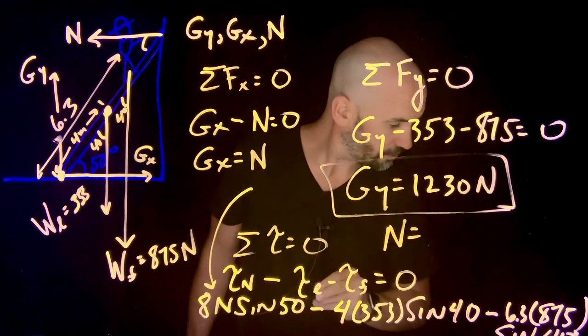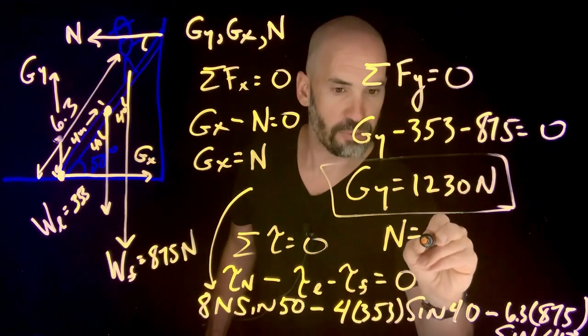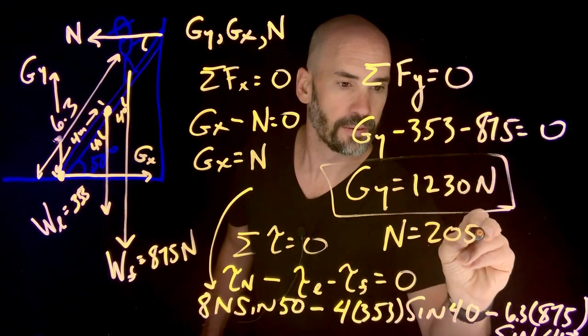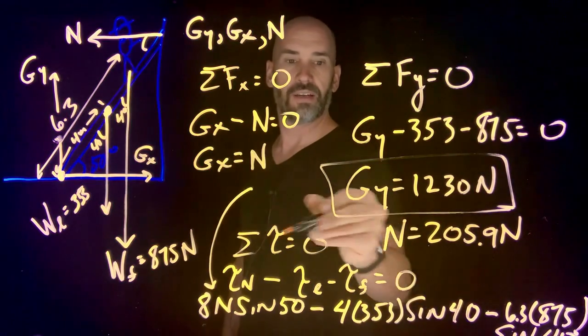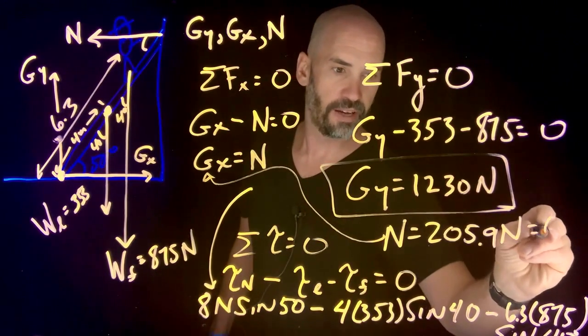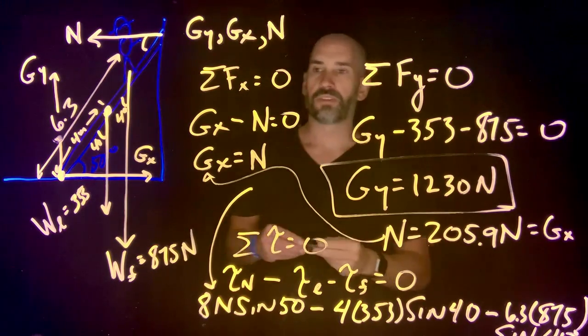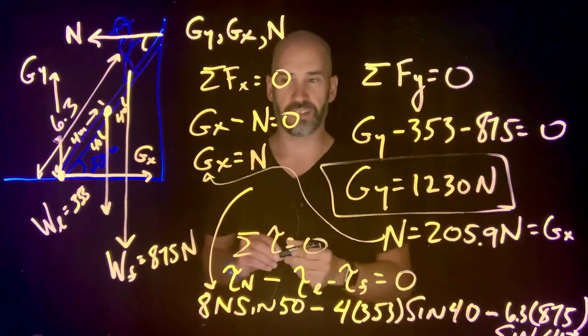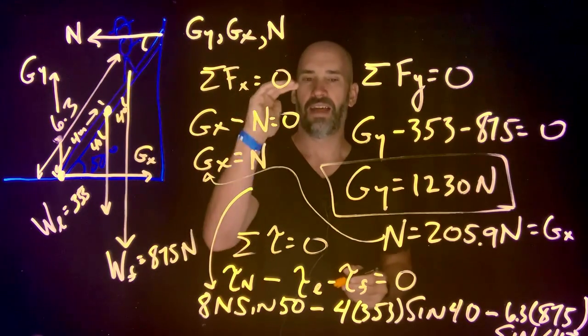I get a value of 205.9, right? And because of this equation over here, gx should also be 205.9. Okay? And now we used basic first semester physics to analyze the stability of a firefighter on a ladder,